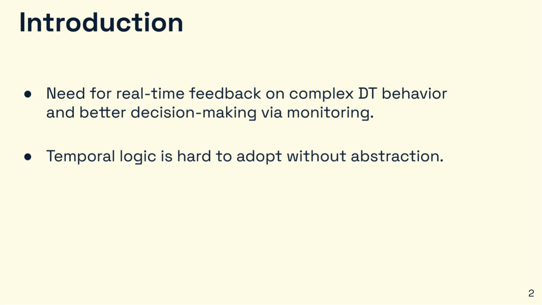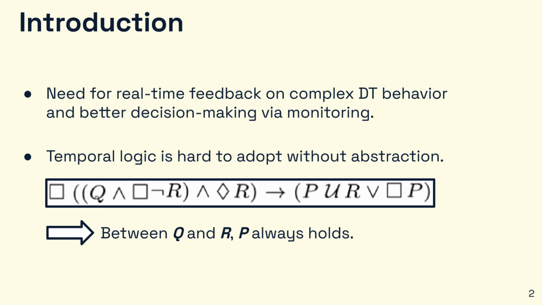This is mainly because temporal logic is difficult to write. Its syntax is not intuitive. For example, a seemingly simple property like "between Q and R, P should always hold" already requires a non-trivial formula